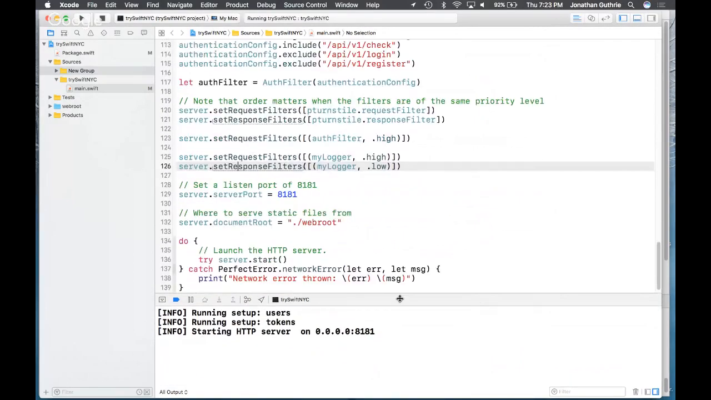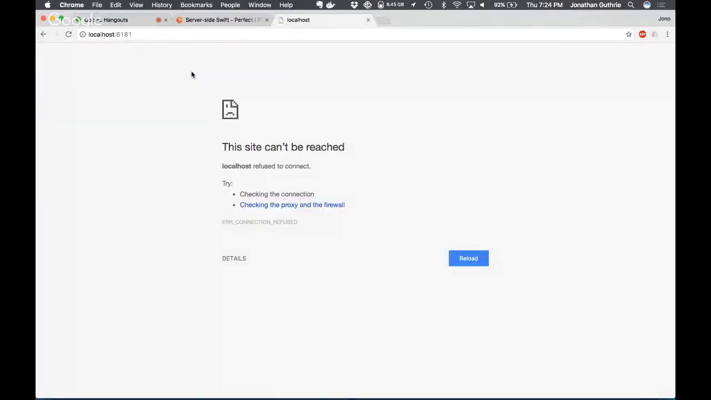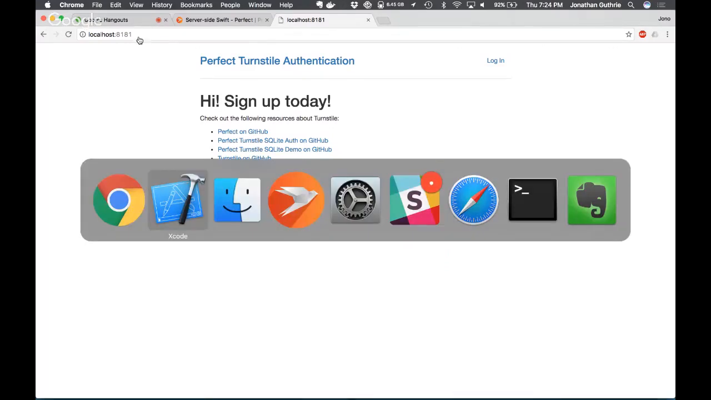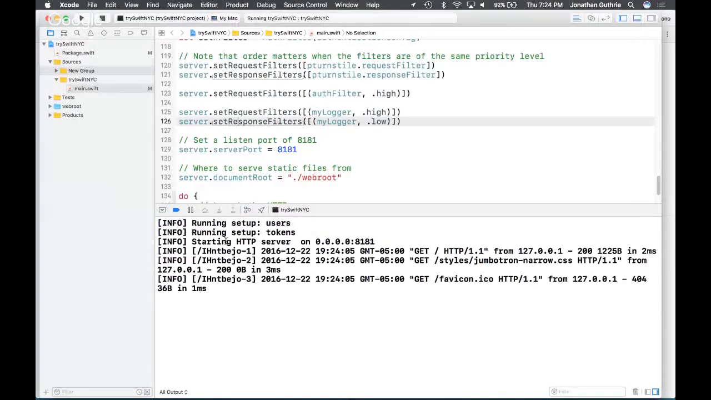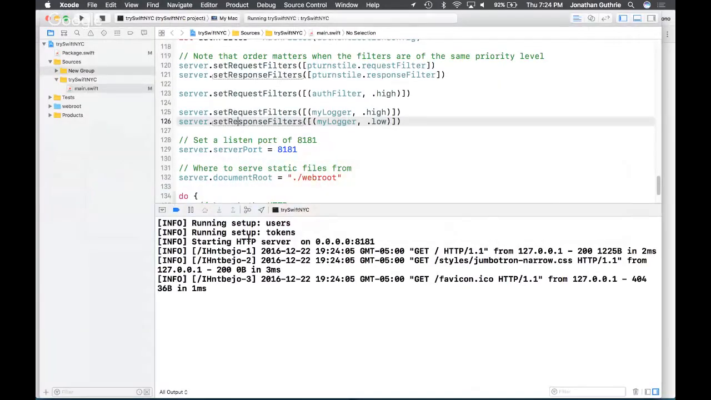And down the bottom is effectively my console view. Okay. In Chrome, so localhost 8181. That was the port and the address that I got it fired up on in Xcode. Okay. So I just hit the root, and you'll see that the request logger is the thing that's actually said